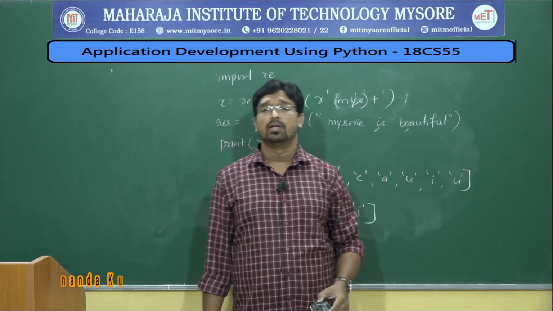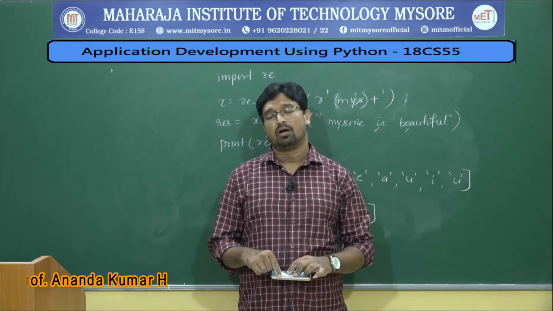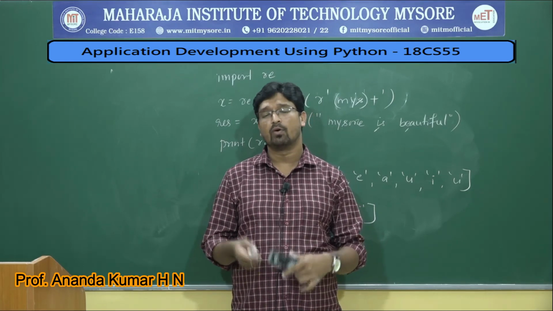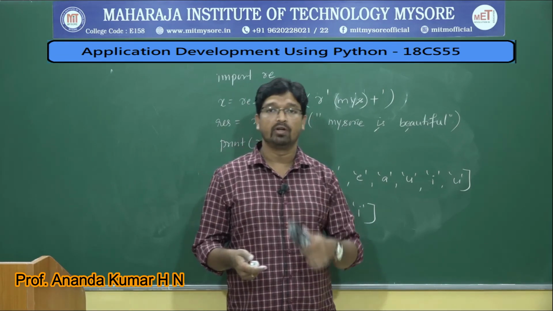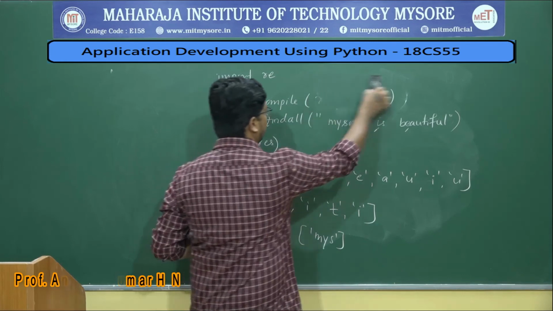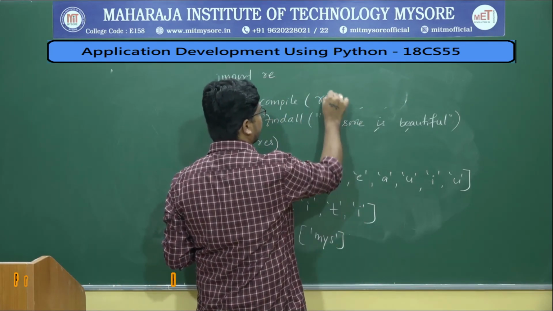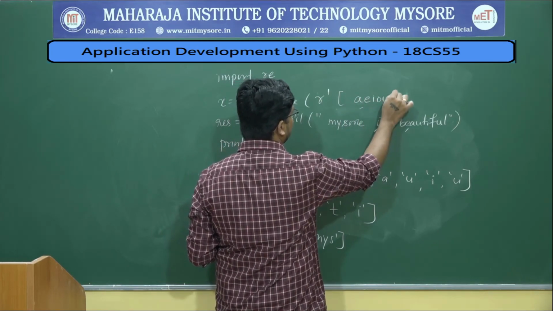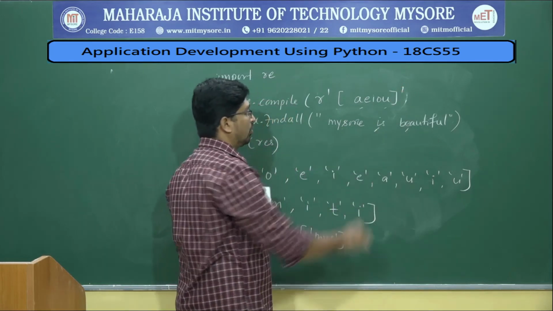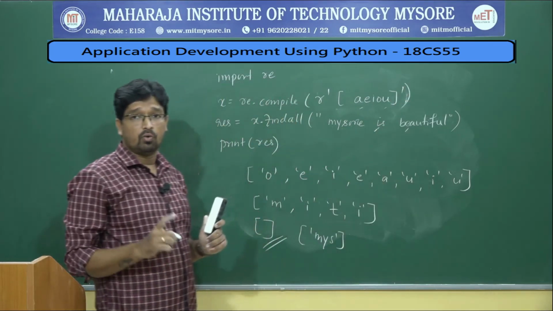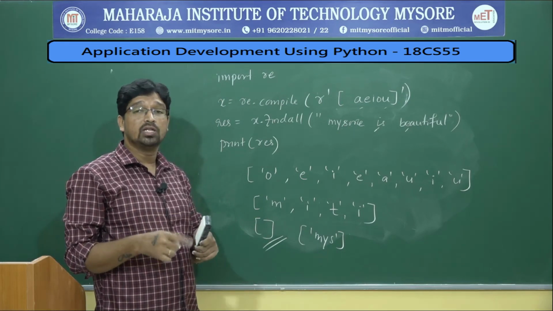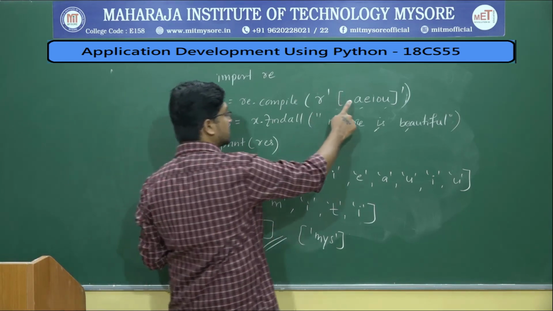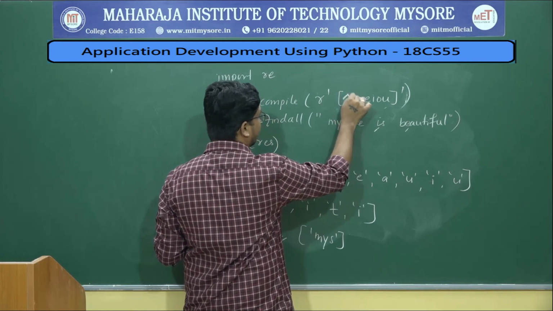Okay, for the same example, let us say I don't want to retrieve AEIOU. Other than vowels, I want to retrieve all the consonants. How can we perform this? Let us say raw string. Then we used to write AEIOU. But if you want to match only the consonants, the reverse of that, if you don't want to match A, E, I, O, U, you simply put caret.